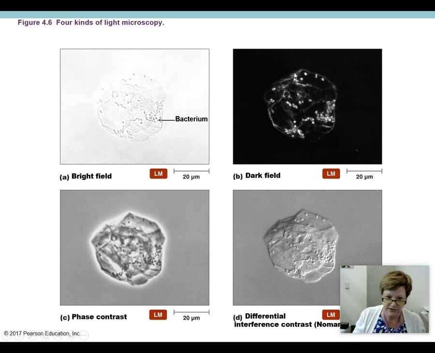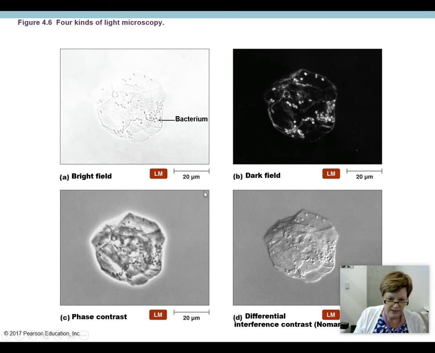In this picture, bright field is the one you may be the most familiar with. I mean, there's a lot of light coming to the eye. Typically, we have to cut back on some of the light. This would be a cheek cell with some bacteria on top of it. In dark field, you can see it makes the background very dark. So certain parts of the image are showing up